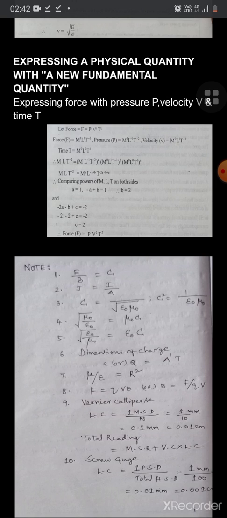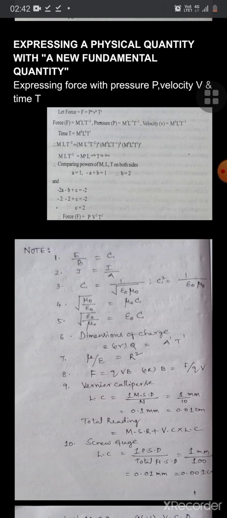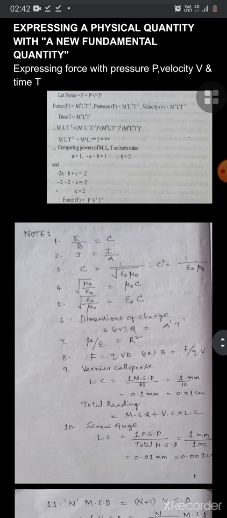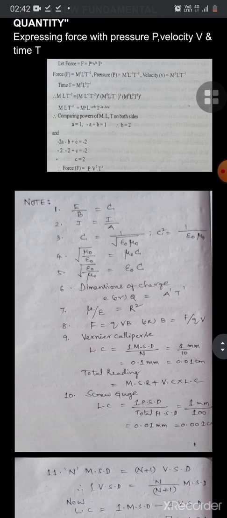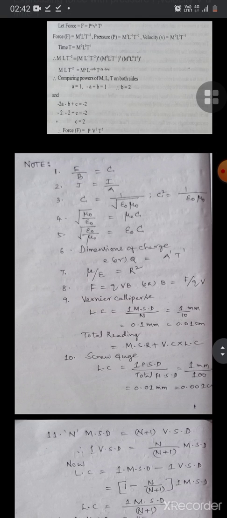But we are not aware of how much power should be taken on P, V and T. So we assume P power a, V power b and T power c. Now we will substitute the dimensional formulas in the left and right hand sides of the equation. Then by equating powers of M, L, T on both sides, we get a, b, c values, and by substituting we get force F is equal to PV square